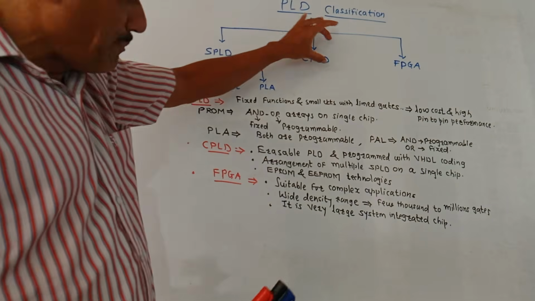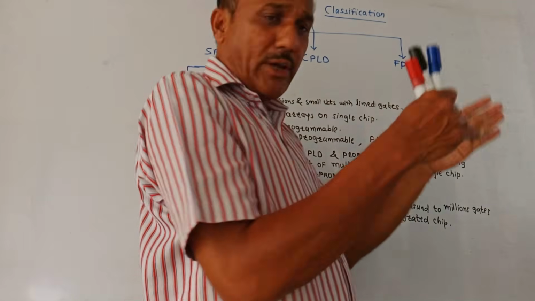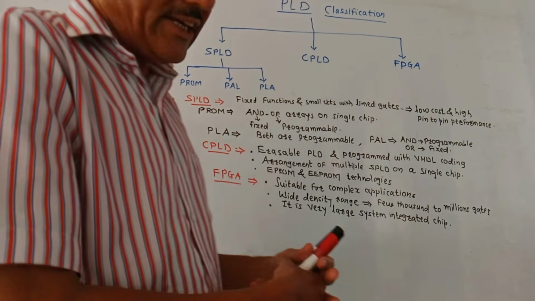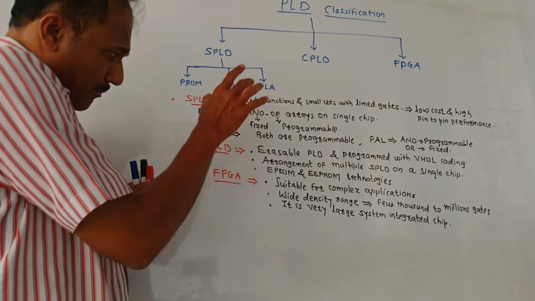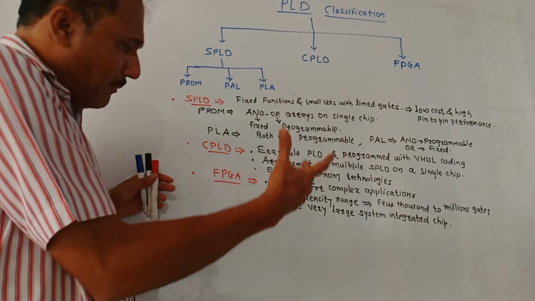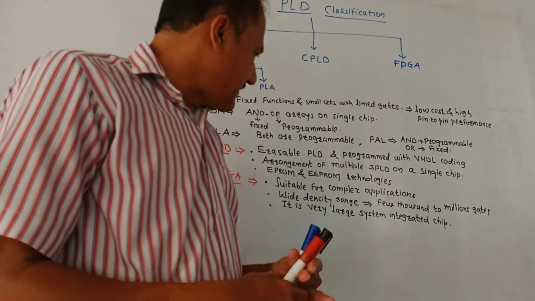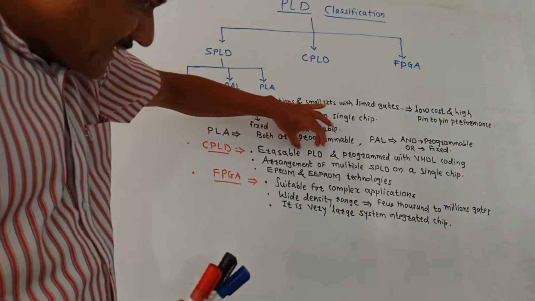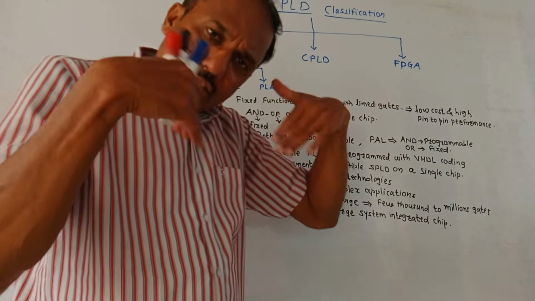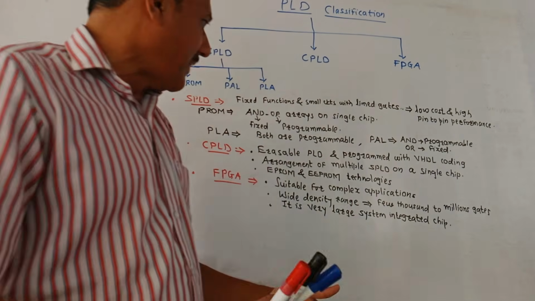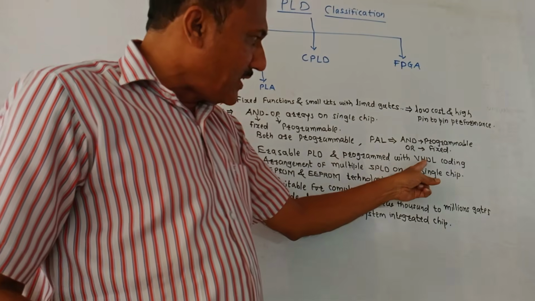Then next is CPLD. As I told you, we are going to learn CPLD and FPGA in detail in this unit. Presently I am explaining in very brief. So CPLD is complex programmable logic device. It is erasable PLD. That means you can reprogram it according to the requirement, and it is programmed with VHDL